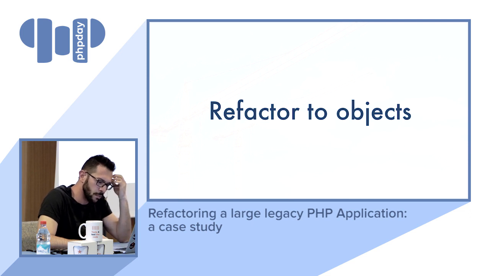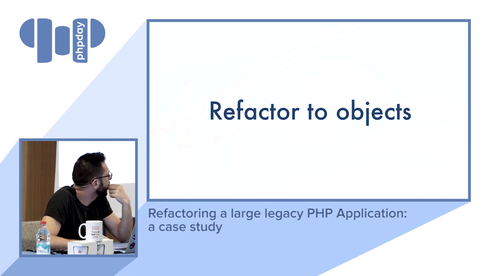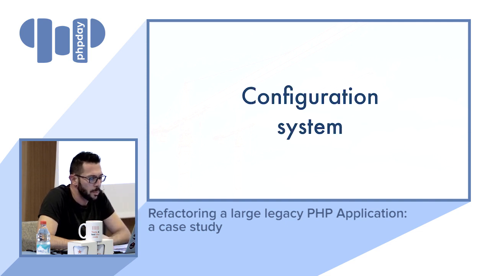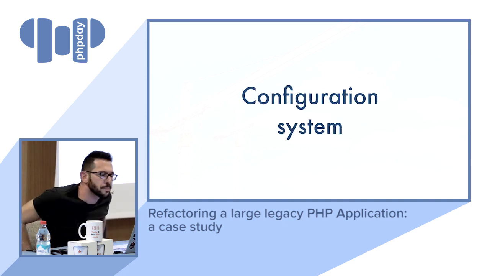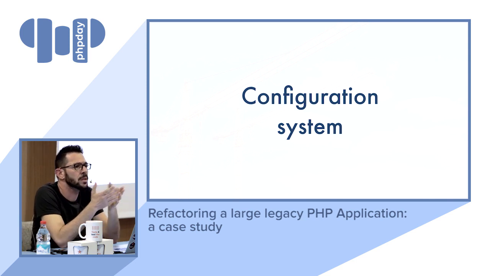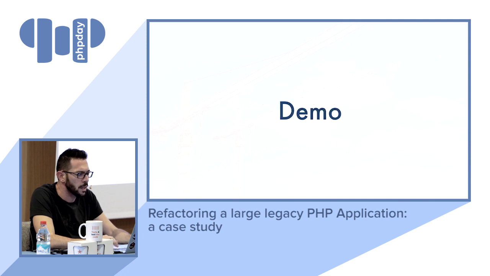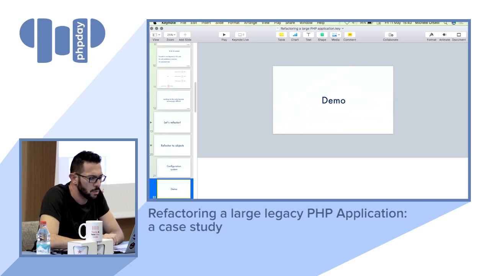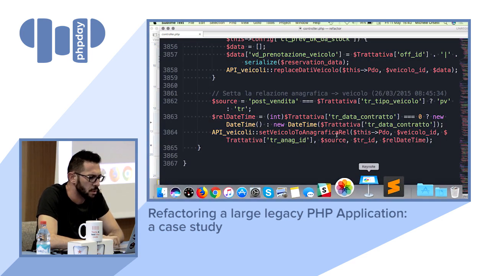I want to show an example of how we used that particular approach to refactor some part of the code to objects. In particular, the configuration system. The configuration system, as I showed you before, is the part of the system that contains all the configuration for a specific dealer. It basically is a gigantic key value array, which is fetched